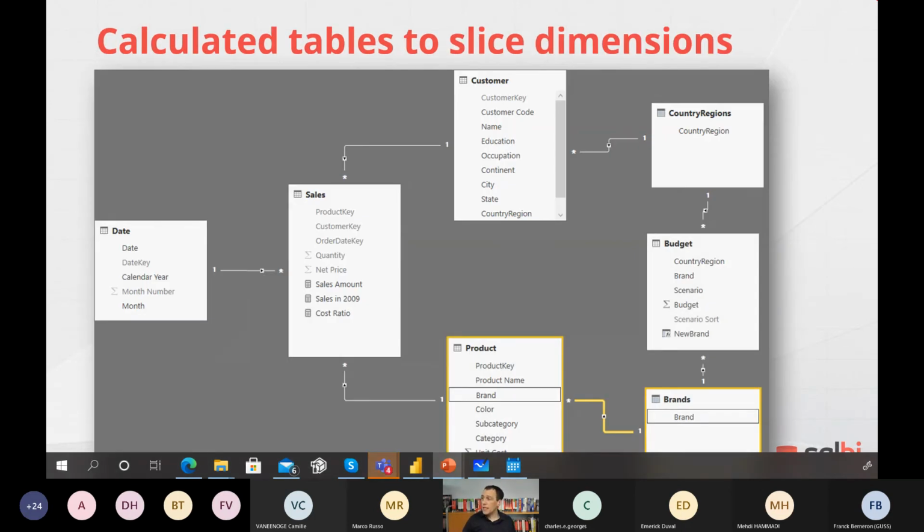So we said, I created the relationship between product and budget and between customer and budget using a table that I obtained from the data that I already have in my model. So country regions is just a list of the unique regions, the unique countries we have in the customer table. Same for brands, we have the unique brands in the product. Then